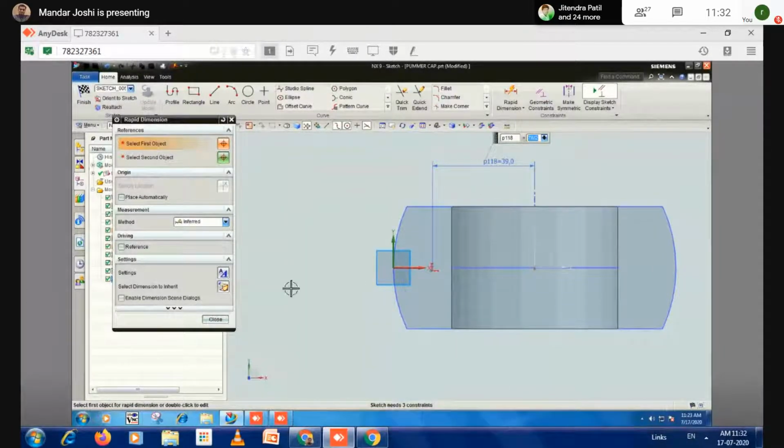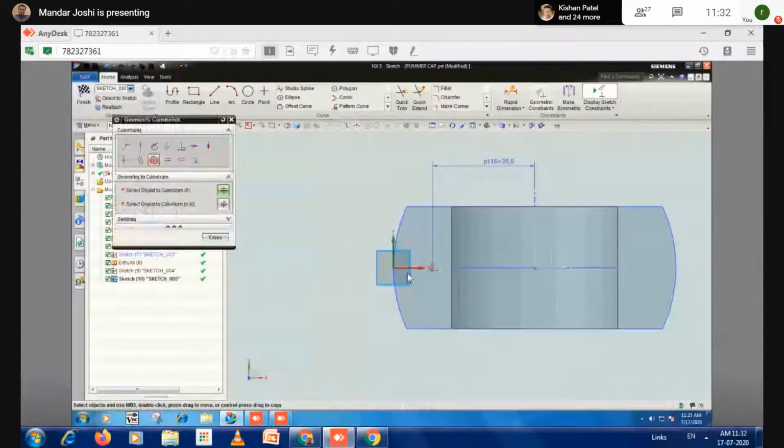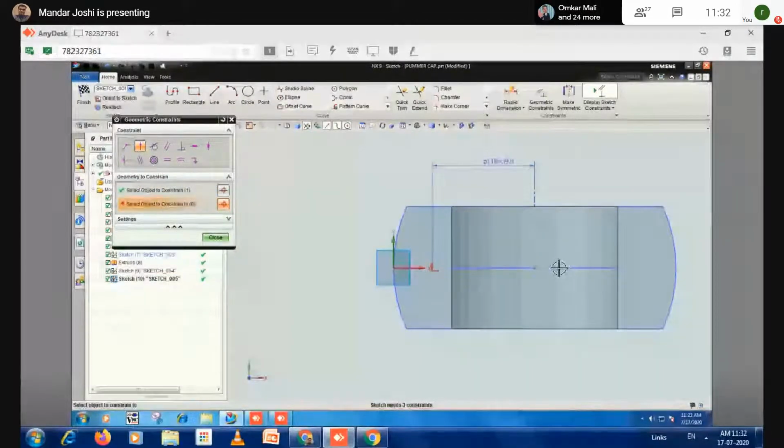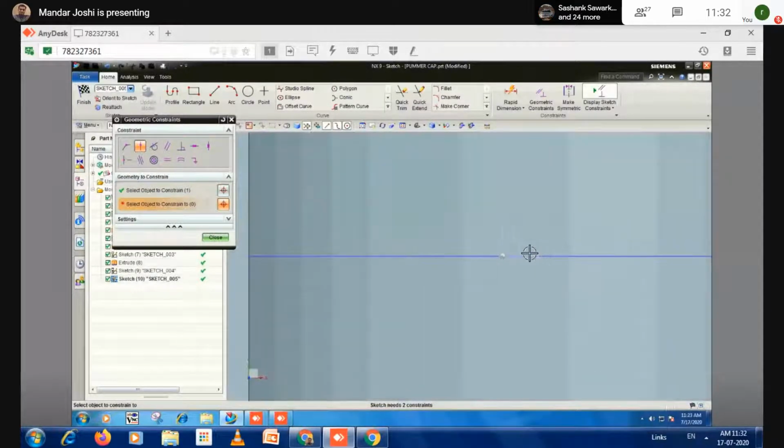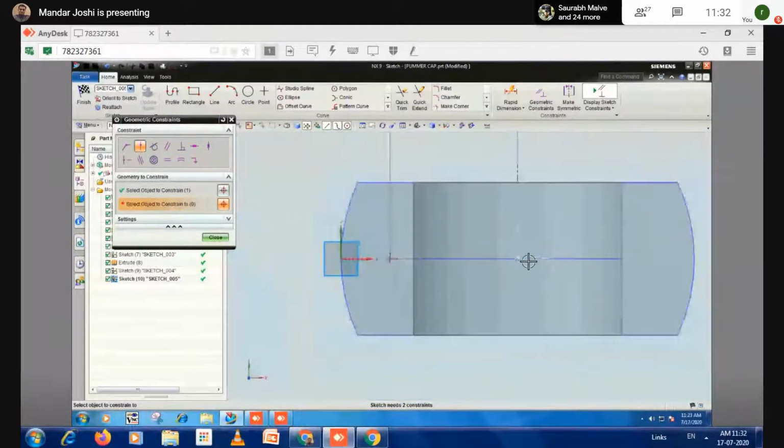Then next step, geometric constraint. I use the point on curve option. This point and this line. I'm using the relation between these two. Okay, it is already done.